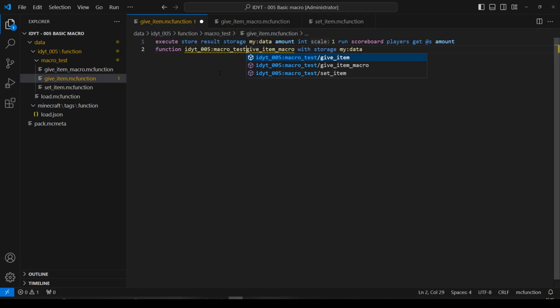Macro test. There we go. In fact, you can see it's already suggesting, thanks to the Datapack Helper extension. Now that should work. That seems okay. Have we moved anything else? An easy way to find out is let's just go back